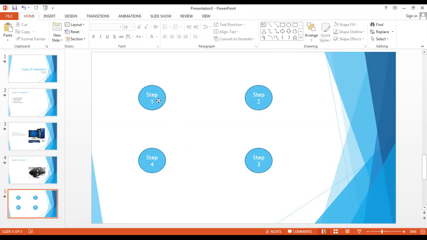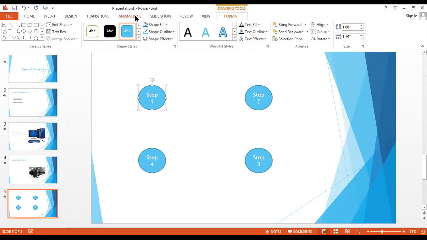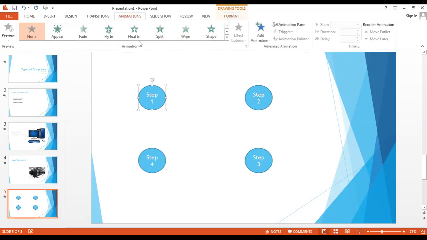I'll select this, step 1. I'll go to the tab of animation. Now here you have different effects. For instance, you want this object to be coming like this, so you want the object to split in. So I do not want these effects, so I'll select none, but I want these to move around. In order to move around, I'll select this object, and I want this object to go at the place of step 2. In such case, after selecting my object, I'll go to the animation.